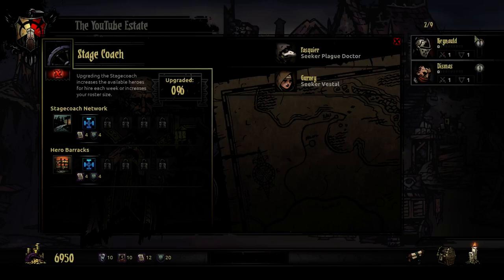Eventually your roster is going to fill up, and you're going to have the maximum number of people, and you can do pretty well with that number of people for a good long while. So I'm going to leave this alone. There's one upgrade option to increase the size of your roster, and there's another option to increase how many people are available each week, but I'm just going to leave it alone. It seems that after the first...